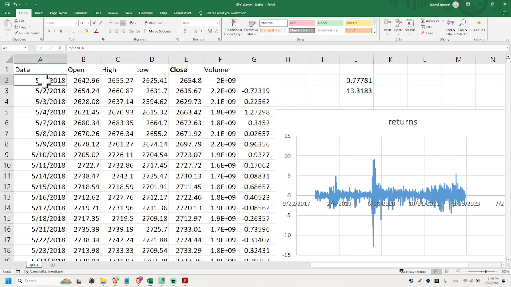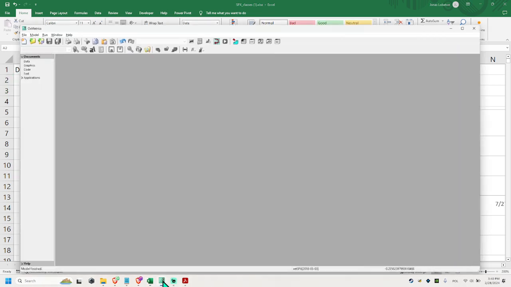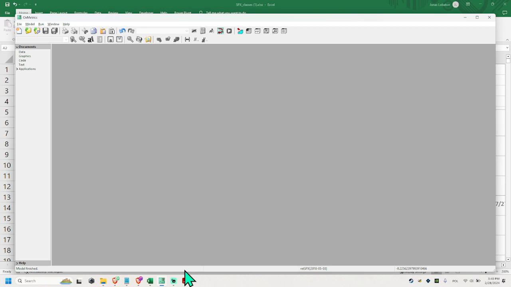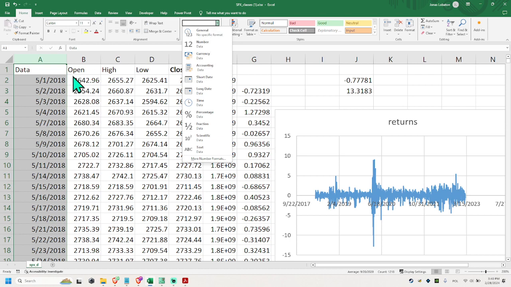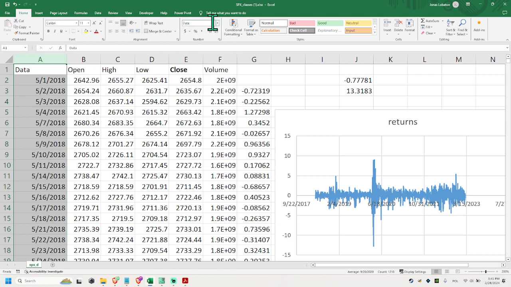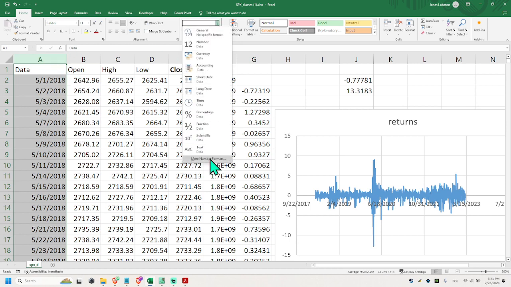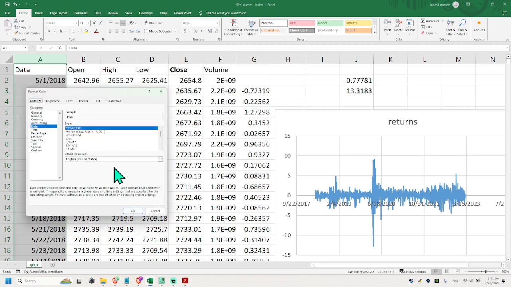Hi, so this is our data. This is the date. This is the logarithmic returns of first difference. For us to be able to use this in OxMetrics, we first have to format the date. Click the column A,